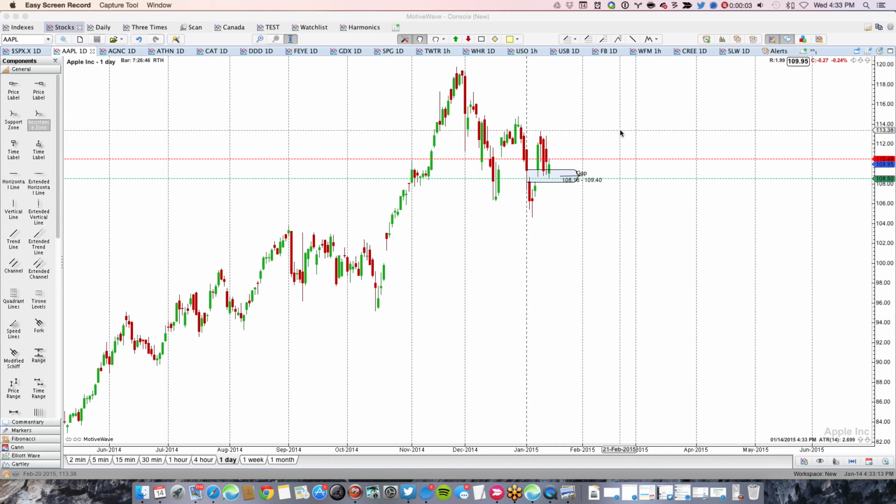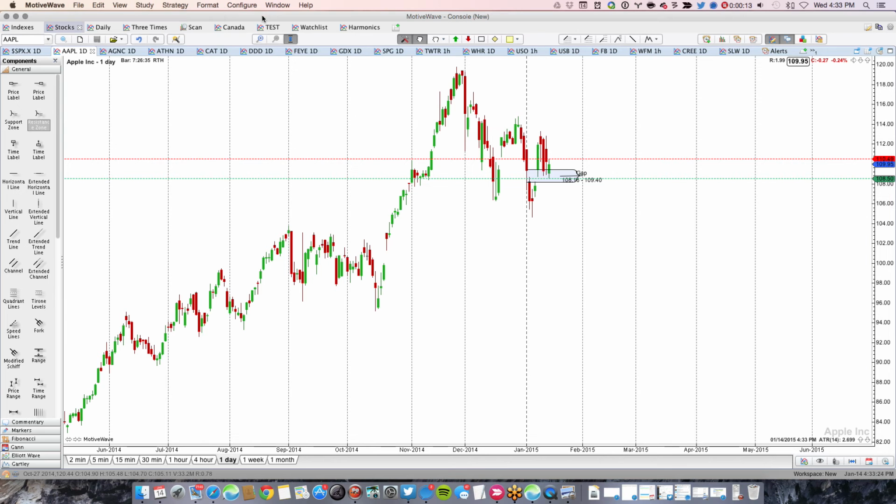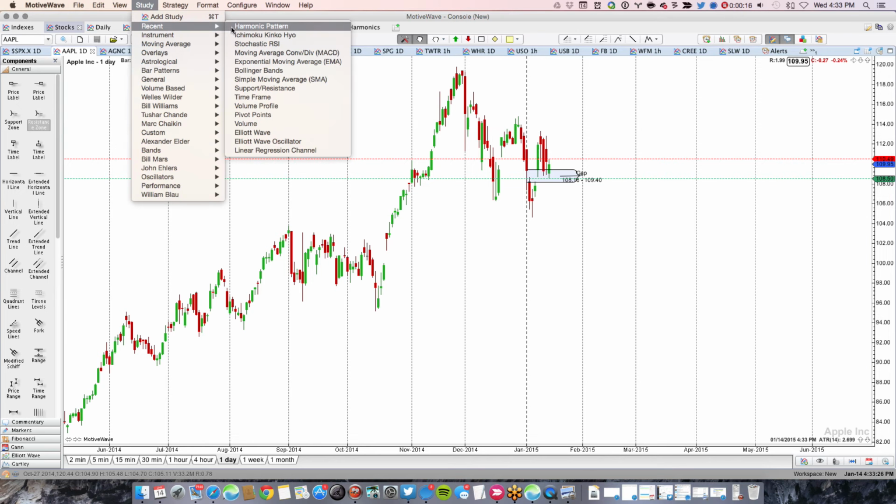I'm working with version 4 of MotiveWave, and I'm going to show you something that was introduced a few iterations ago in the development, in one of the 3.5 versions, which is the study harmonic patterns. I've already done an intro video to this, but this is going to go into harmonic patterns more in depth,